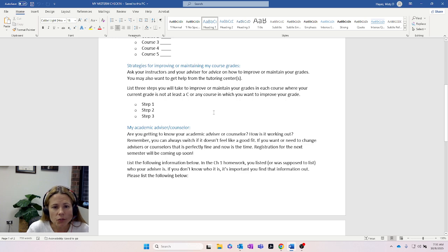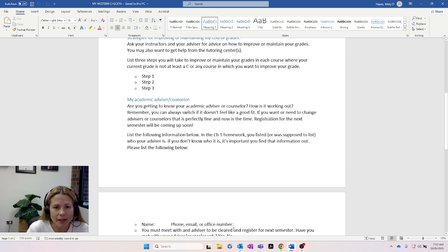But if you are not doing well, say you have at least a C or below, then you would want to start improving and doing some things in those courses. So, what steps would you take to be improving upon those grades? And remember, we've talked about a lot of things within these first 5 modules, what kind of learner you are.